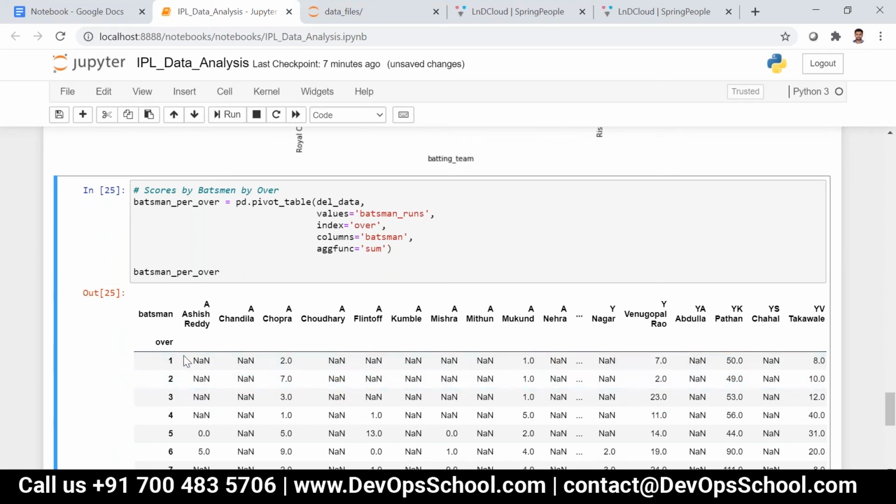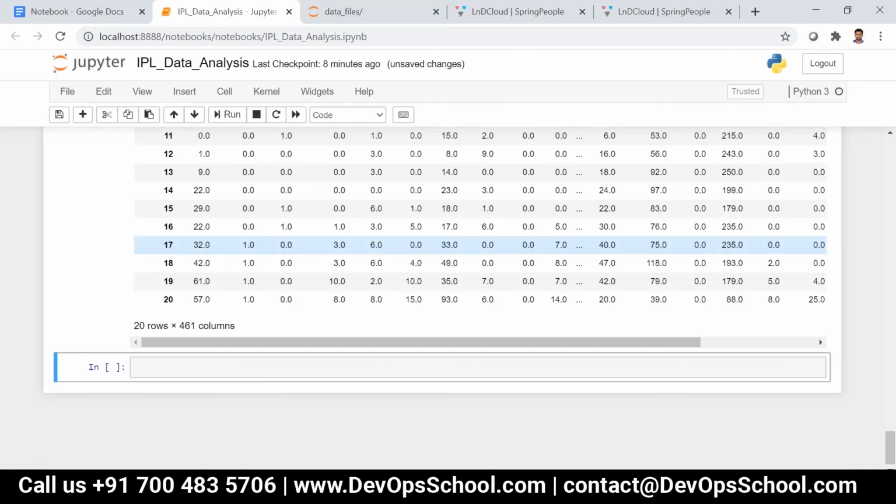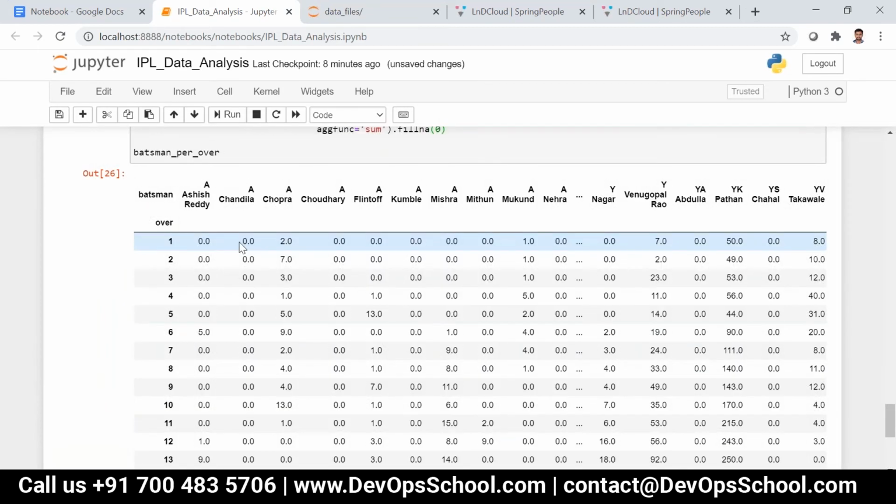If there is NaN in some records, I want 0 to be populated by default. So I can say .fillna(0). See here, now you can't see any NaN values there.